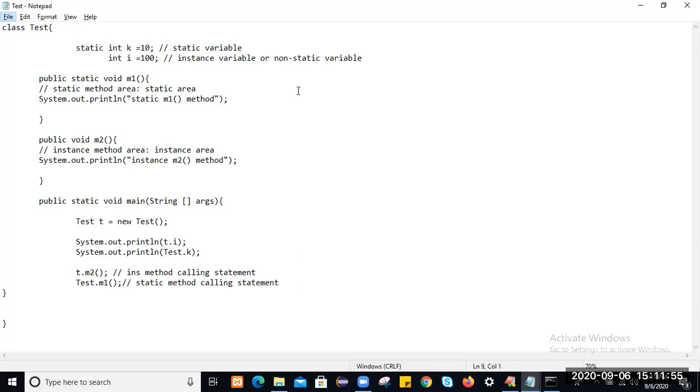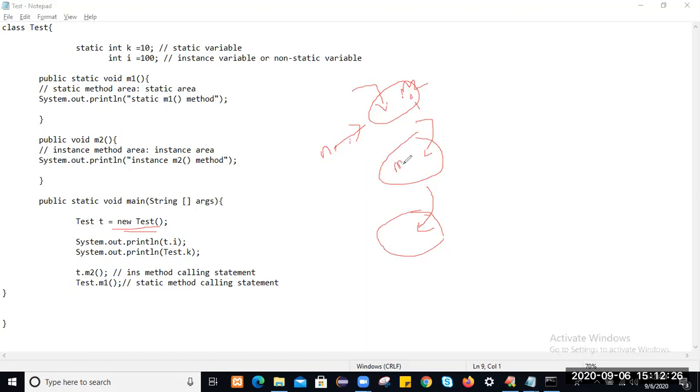So guys, in every Java application, you can create multiple objects. The number of times you create an object by using the new keyword followed by the class name, that memory will get allocated. Let's suppose you created an object 3 times using the new keyword followed by the class name. 3 objects will be created, and 3 times the memory will get allocated for the instance members of the class. All the instance members of the class will get loaded into each object. The m2 method will get loaded into this object, as well as the i variable. Here also the m2 method and the i variable will get loaded. Here also the m2 method and the i variable will get loaded.